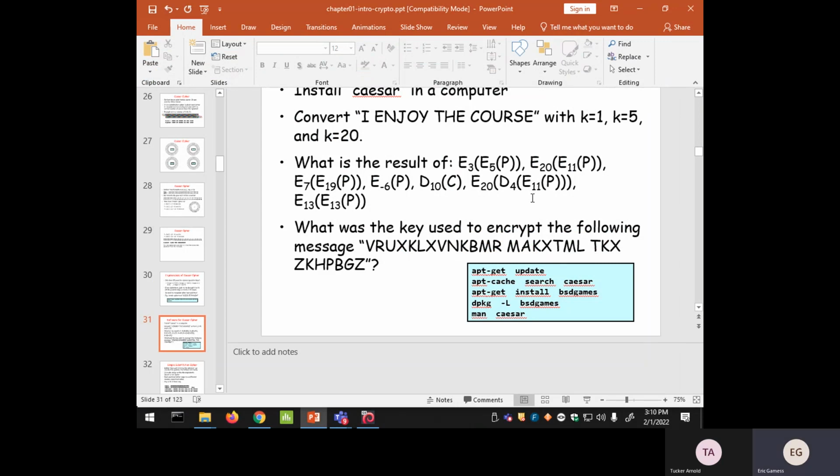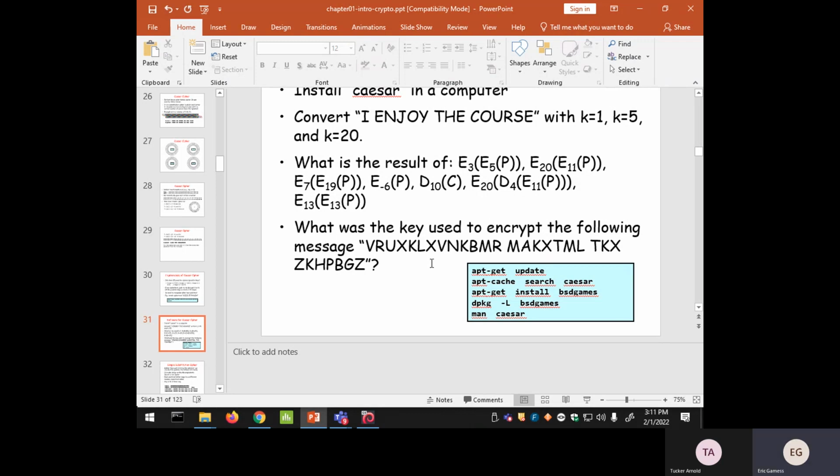You're right. If I do that, what will happen? I don't make any change. I rotate 13 positions, then I rotate another 13 positions and come back to my initial position. So if you use Caesar with a key of 13, and you take the result and use Caesar again with a key of 13, you come back to the original text. You come back to the plain text, no? Okay, so